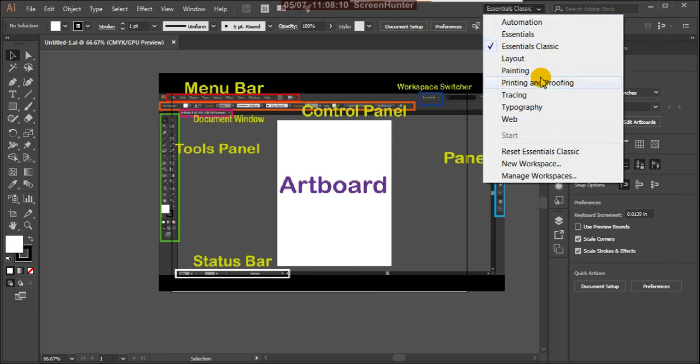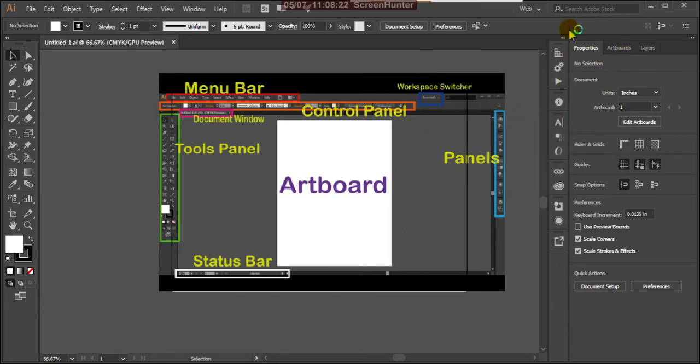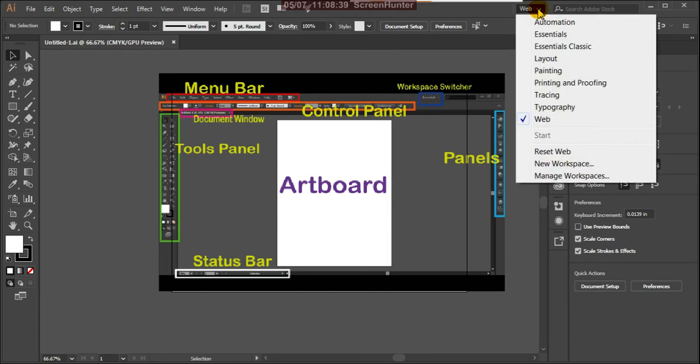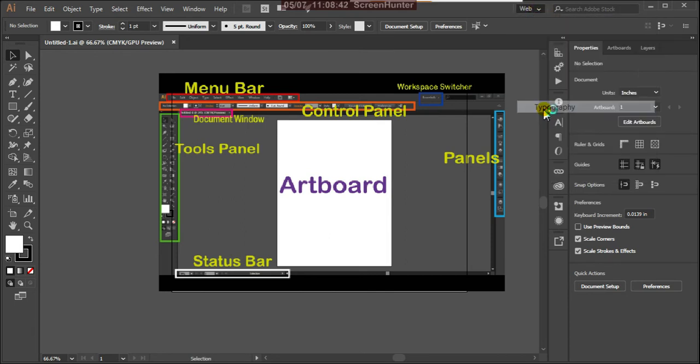Different people use Illustrator as per their needs. Suppose for the web designers, if I click on this, see the changing of the panel setup, and some portion of the interface is changing here. So this workspace is favorable to web designers, it is showing. Okay, so the available options are easily there. And if you click this, typography is nothing but fonts, so available fonts, text, character styles, so you can display all easily,